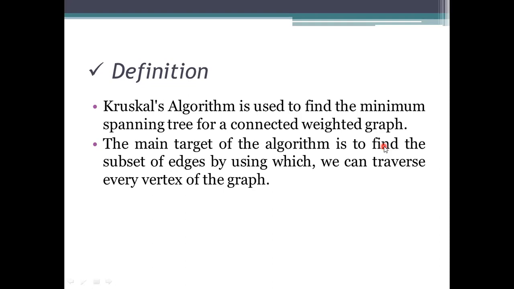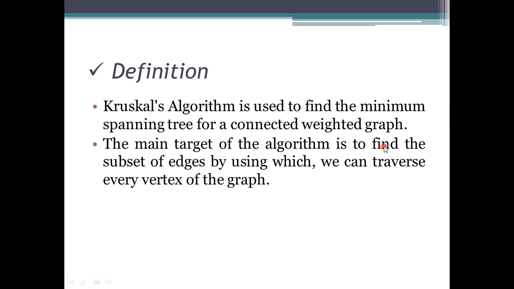Here is how we are going to start and process this algorithm. We need to take the edges of the graph. First we collect the vertices and place them aside, and we take the edges, and all the subsets of the edges will be placed.